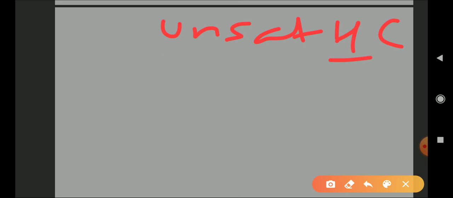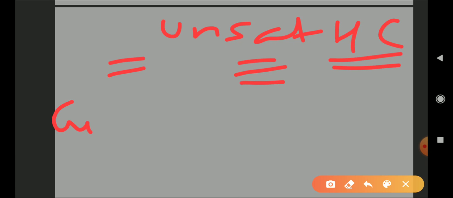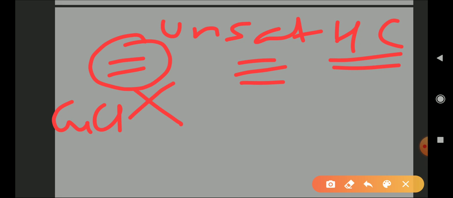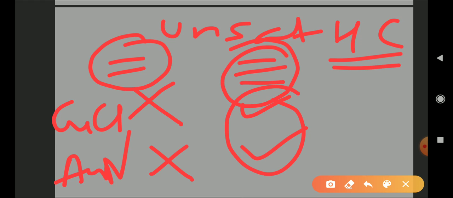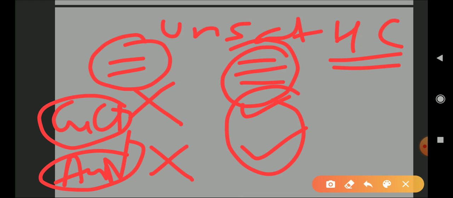One more thing, let me do it once again. If I am talking about the difference between unsaturated hydrocarbons, you have double bonds and triple bonds. If you use cuprous chloride, then with the double bond there is no precipitate, and here a precipitate is formed. If you use silver nitrate solution, then here no precipitate, and here a white precipitate is formed. So it is for alkynes. These two tests are for the difference between alkene and alkynes. In alkynes, both of them give precipitates, right?